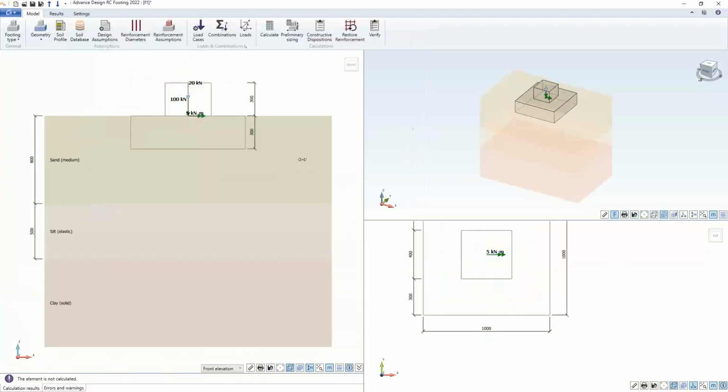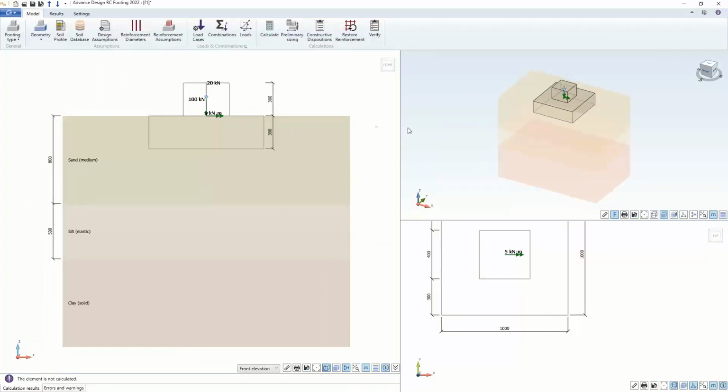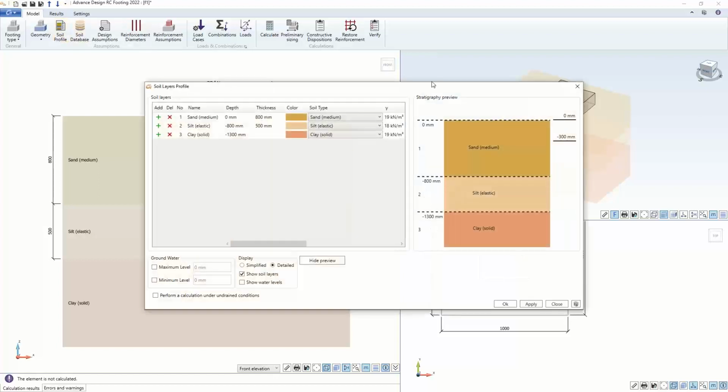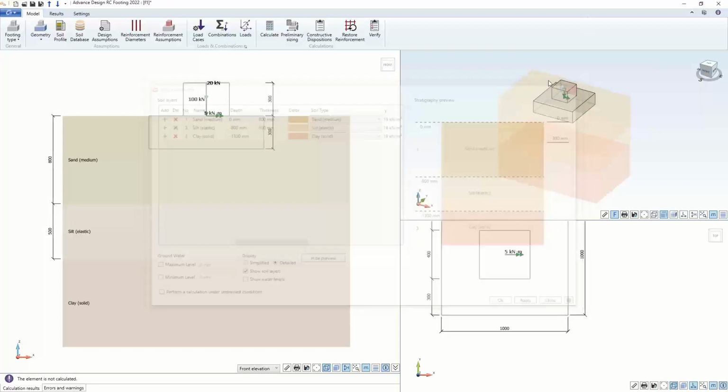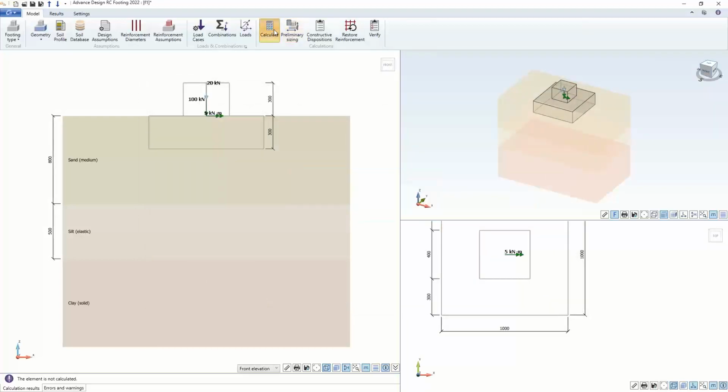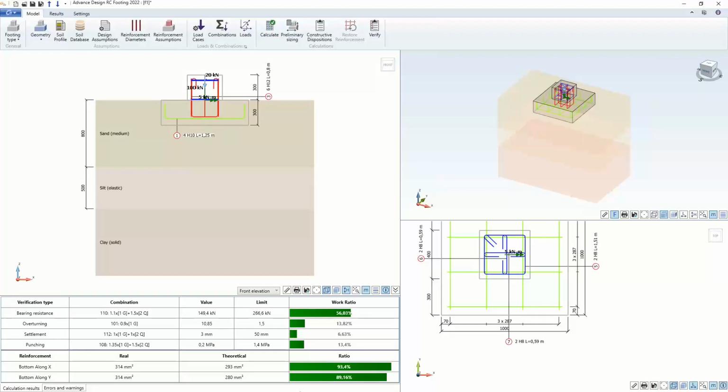Yes. So imagine we have a footing. The footing is on some multi-layered soil. We have a few layers: sand on the top, silt, so a weak layer, in the middle, and clay on the bottom. So I want to calculate the bearing resistance. So we see there are some results. The bearing resistance in the first line here